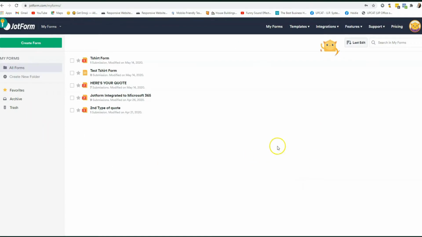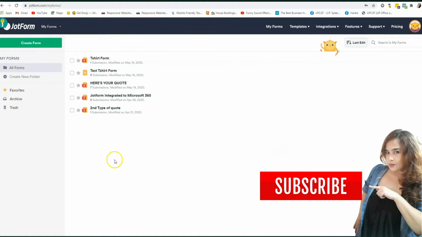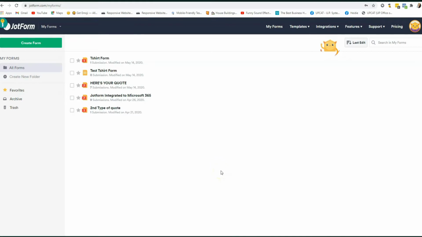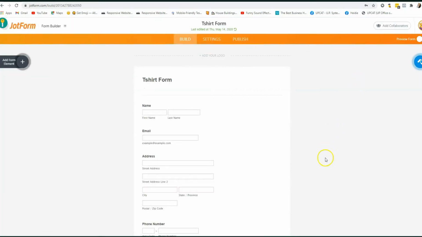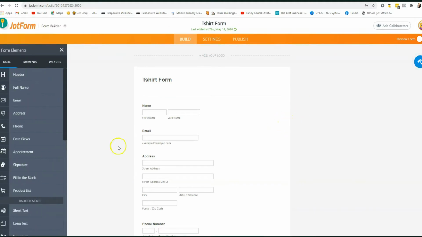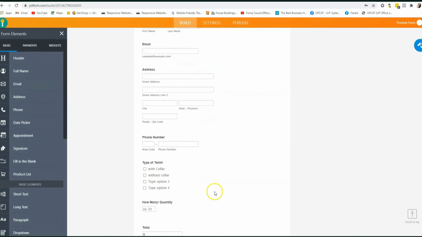Okay, this is our Jotform dashboard, and these are the forms that we have created inside our account. We are going to edit one form and put some security settings on it. For example, this is the t-shirt form. Just click edit form here. Now you are in the edit mode of Jotform. Click the plus sign button here. We are going to edit this form